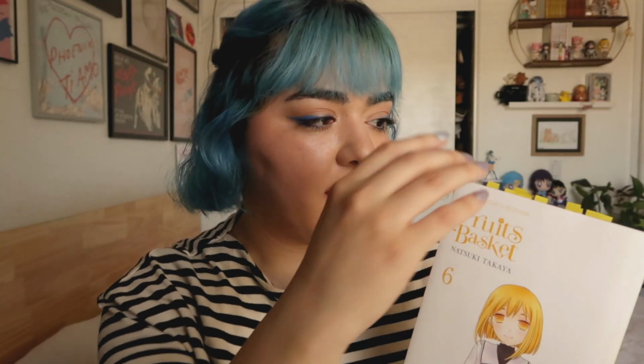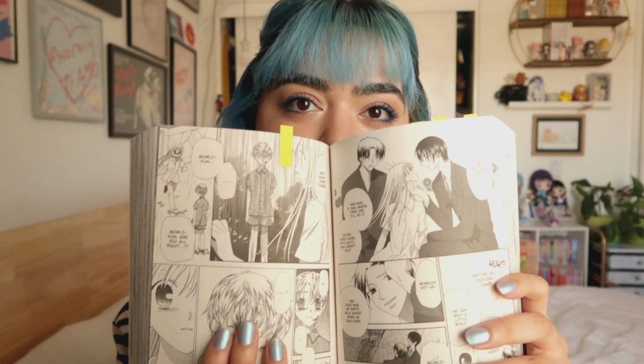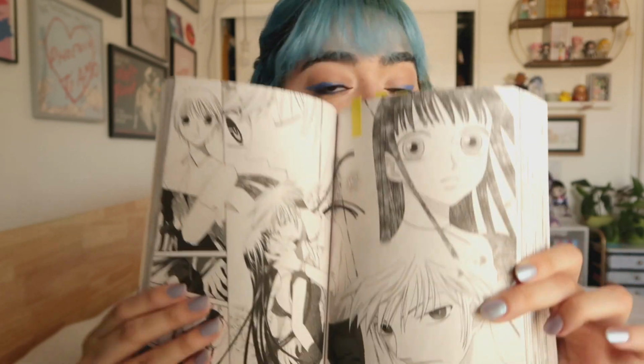Fruits Basket is another manga that I just go in with one solid color. I just like to tab moments that are very memorable. This is volume 6, so there might be a few spoilers. We have the moment that Kyo is telling Tohru what his bracelet is made out of, when they're at the beach house and Momiji comes back after being hit by Akito. So yeah, it's just memorable moments to me, whether they're happy, sad, romantic moments. It doesn't matter. If I find them memorable, I put a little tab on there,